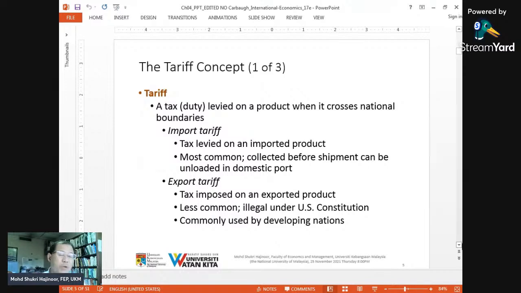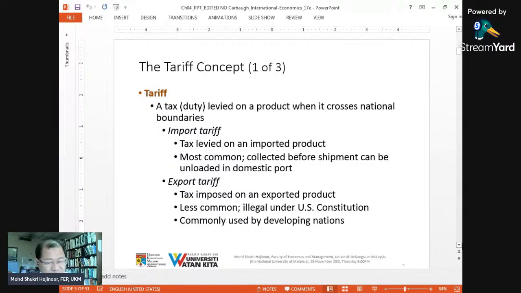Tariff, either import tariff or export tariff. As you know, import tariff is the tariff on imported products. Very common. The most common is import tariff. Less common is export tariff. Import tariff is to protect domestic firms from competition. Export tariff, usually